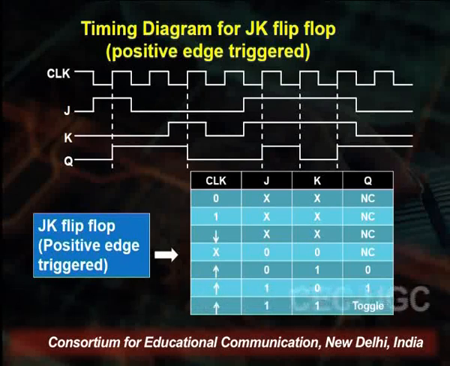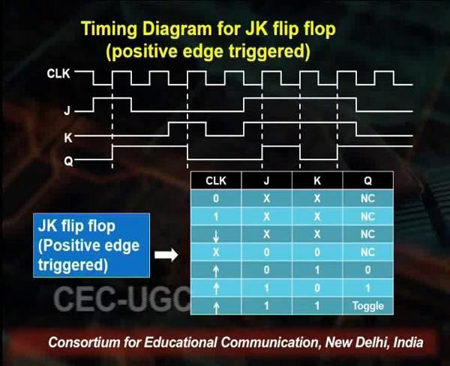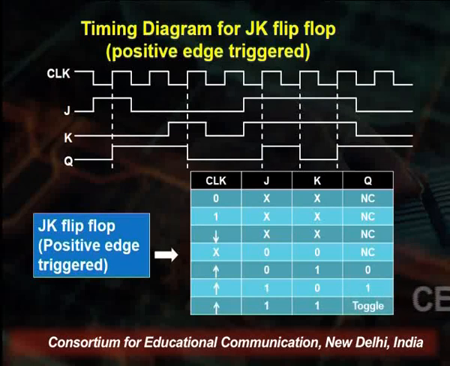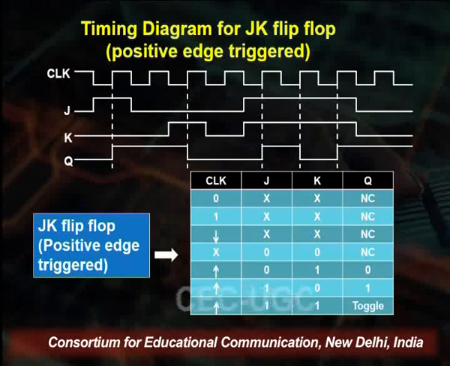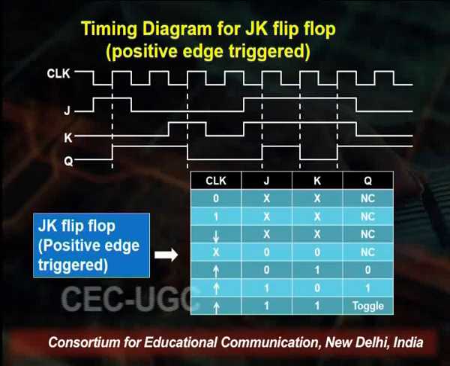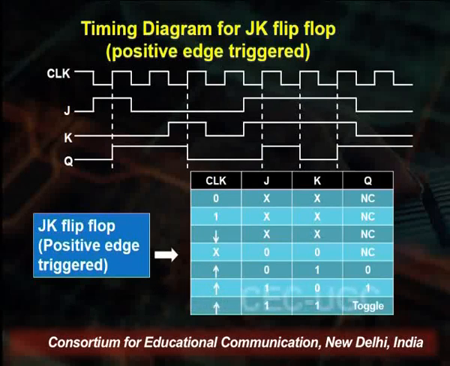Again, we see that during the third rising edge, we have J equal to 0 and K equal to 1. So therefore, at the third rising edge, the value of Q changes from high state to a low state. Fourth rising edge, we see again J equal to 0 and K equal to 0, and therefore the output is the last state, and the last state was 0, so therefore 0 is to be seen. And in this way we find that the JK flip-flop positive edge triggered has the following truth table and the